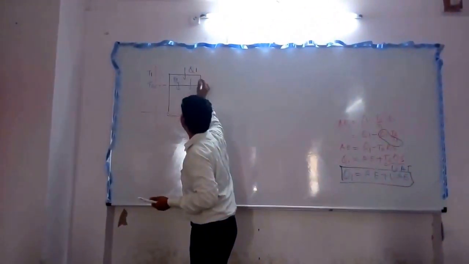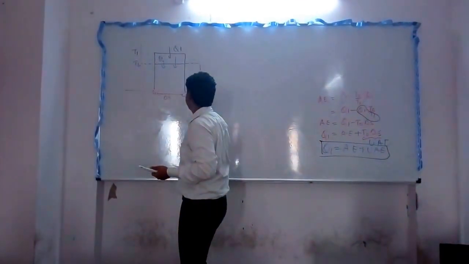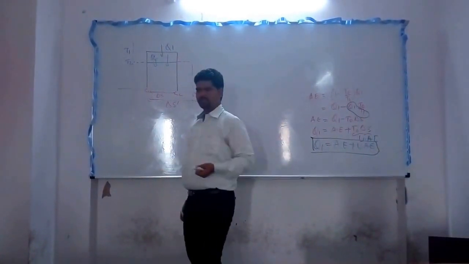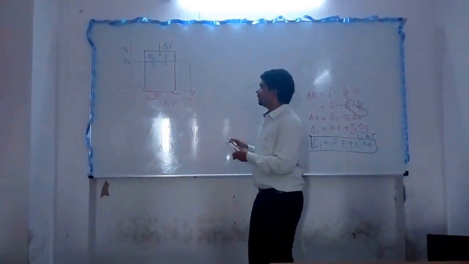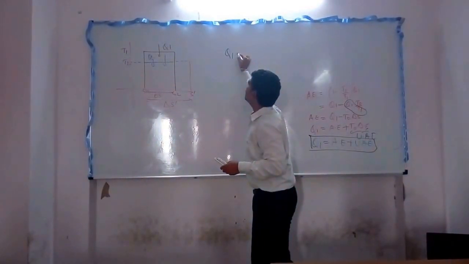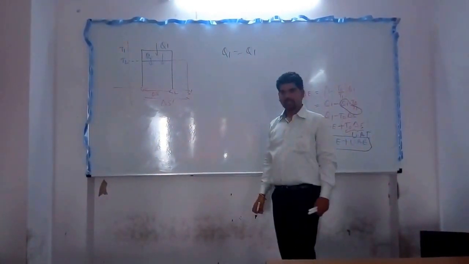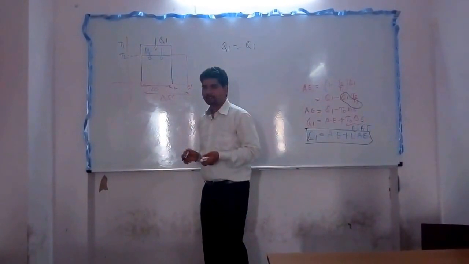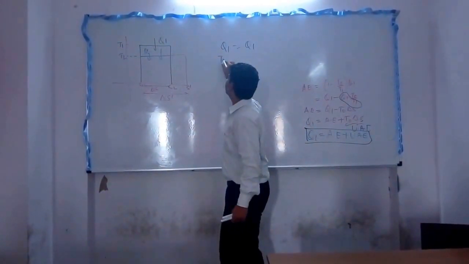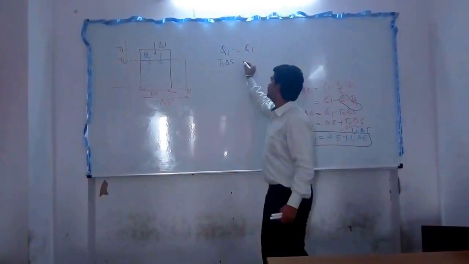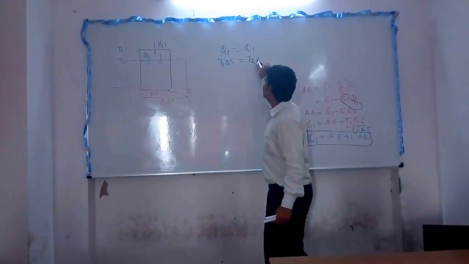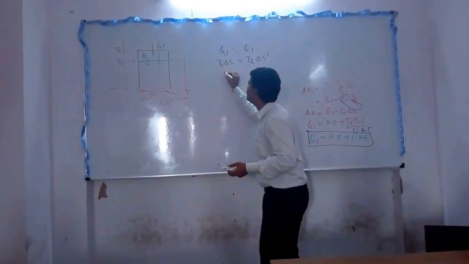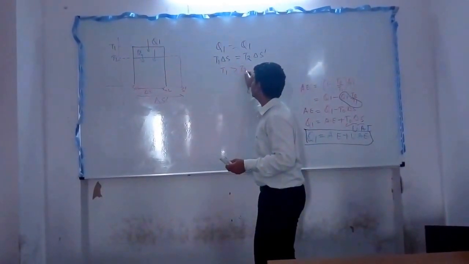If I supply this Q1 at this temperature, let's suppose this is delta S dash and this is delta S. Look, you all know Q1 is the same, so the area under the curve will represent Q1. Clear? So can I write this is equal to T1 into delta S? For the next, can I write T2 into delta S dash? How many of you can understand T1 is greater than T2?